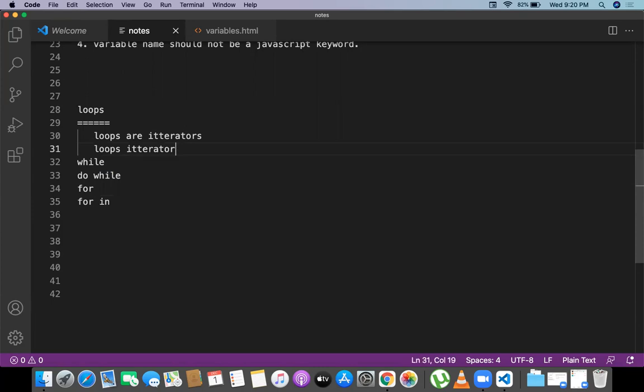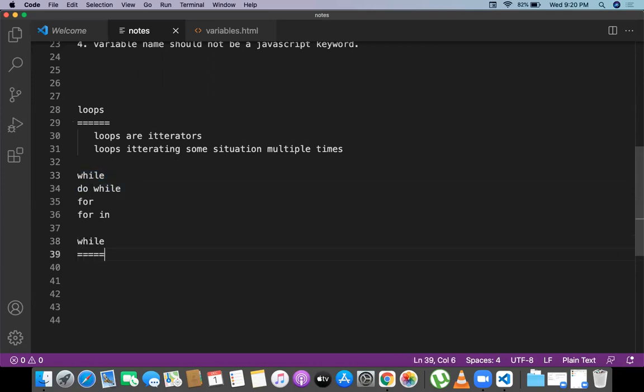Loops iterate some situation multiple times. So there are multiple kinds of loops. One is a while loop, one is a do while, one is a for loop, one is a for in. So how will the while loop syntax be?